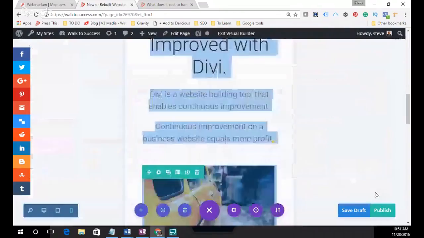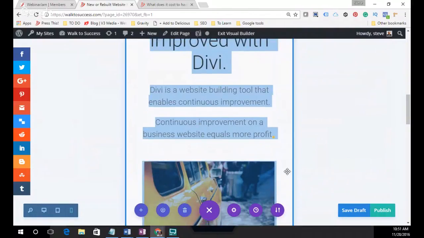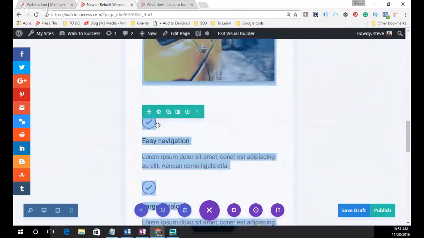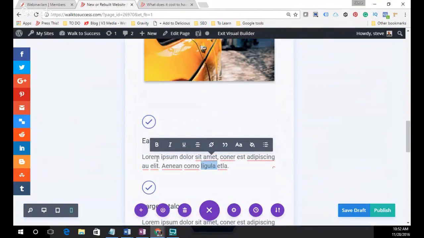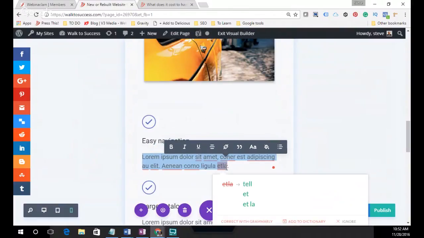That's a lot more accurate than the taxi is here. And then these images here, these check marks, I'm fine with. Easy navigation, that actually works out great. This placeholder text that's here, I'm going to go ahead and change this to